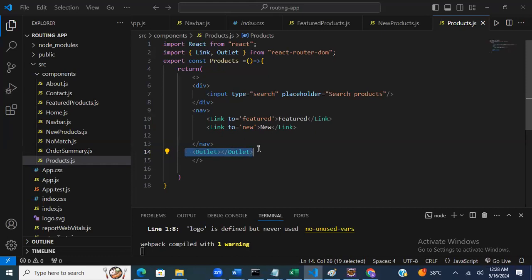So Outlet is just used as a placeholder where the child component needs to be rendered when we click on this child component link. Within the context of the parent component, the child component needs to be rendered, and for that we can specify the placeholder using the Outlet component. So this is nesting of components, nested routes. Nested routes are implemented by defining routes for the child component inside the parent route component. So nested route means